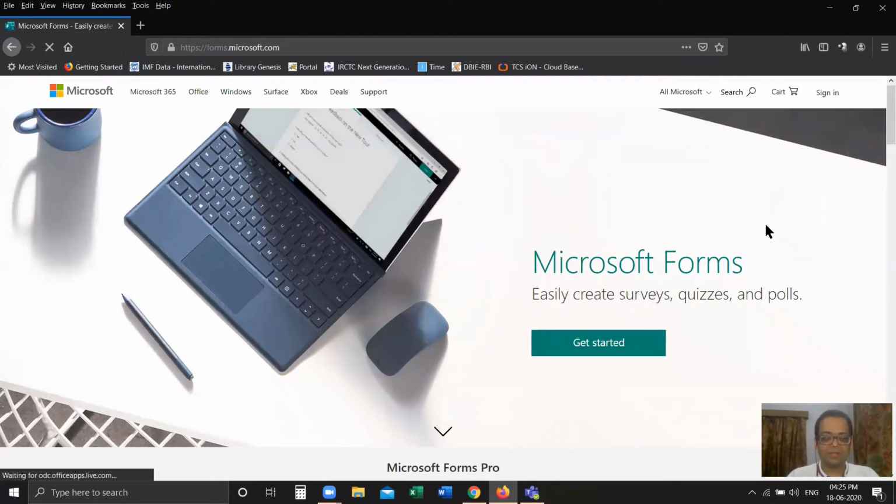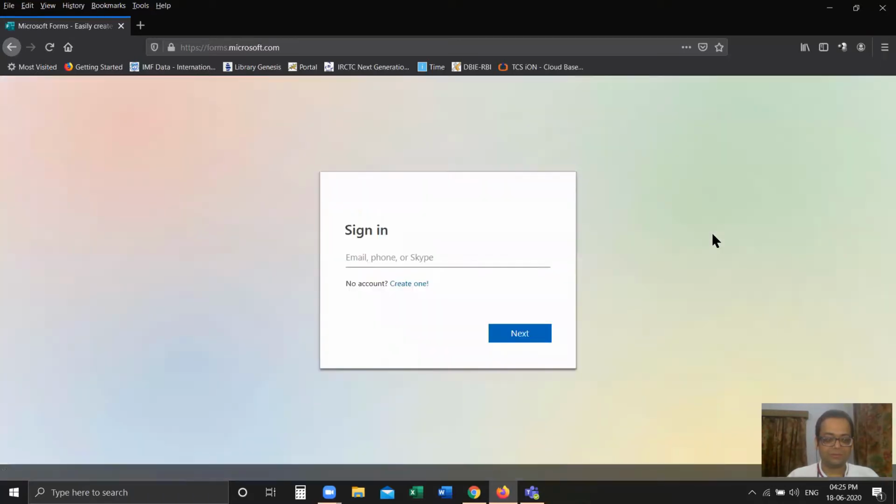Once you click on sign in, you will get this option wherein you have to use the Microsoft account that has been given to you by your organization. So let me just go ahead and use my mother's account, which has been given to her by her organization.